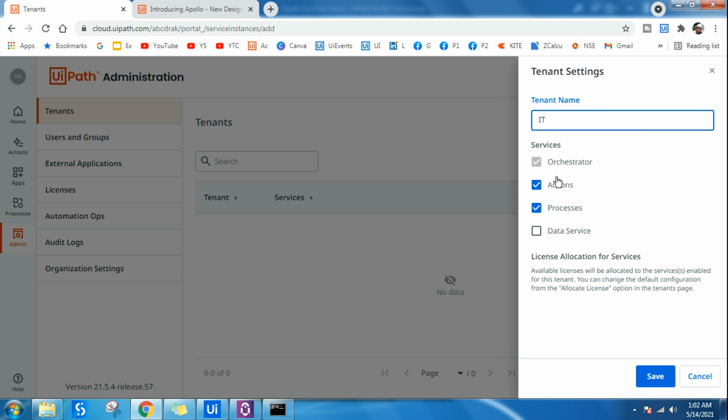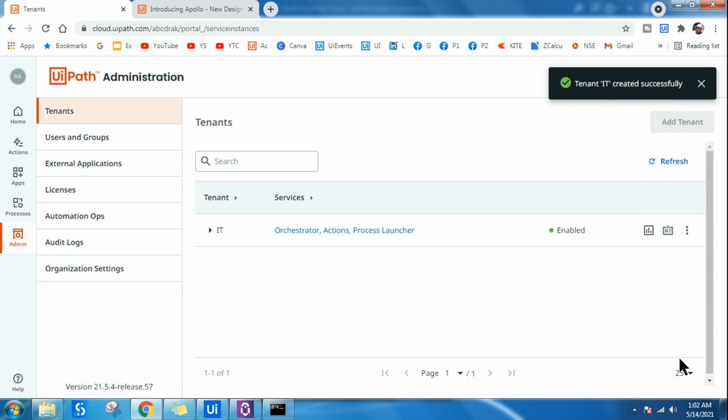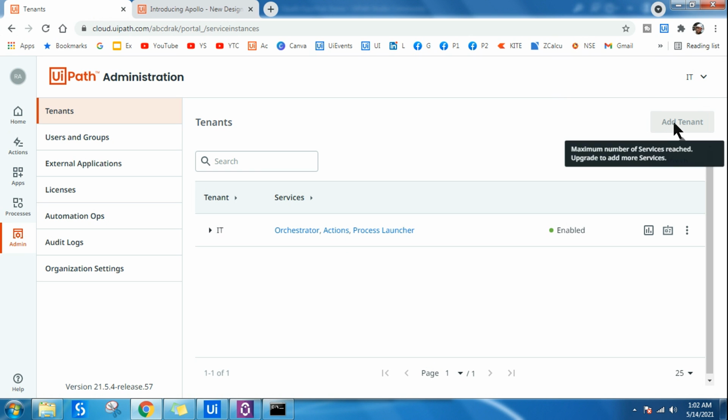So I'm creating IT, and whatever the options are there, data services is not required for the moment. Whatever options are pre-selected, click on save. That's all. So the very first step, I have created a tenant. The moment you have created a tenant, you can see the add tenant got grayed out because you are using the community edition and you can only create one tenant.